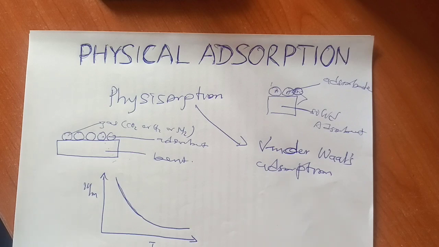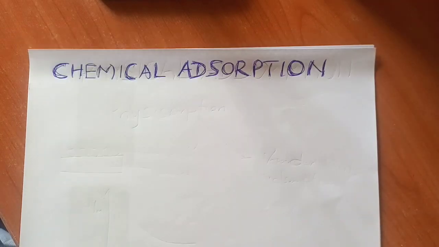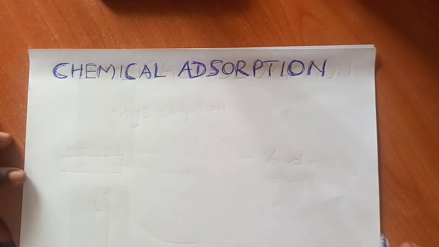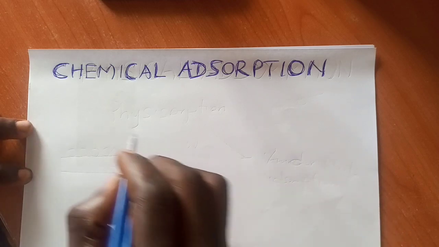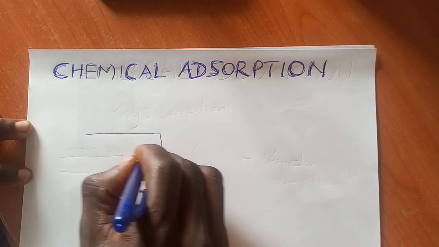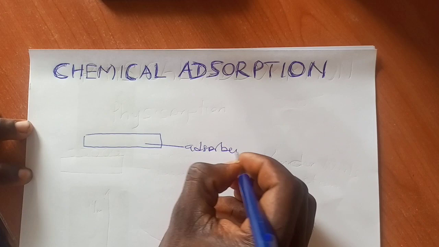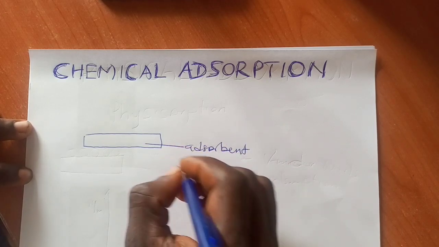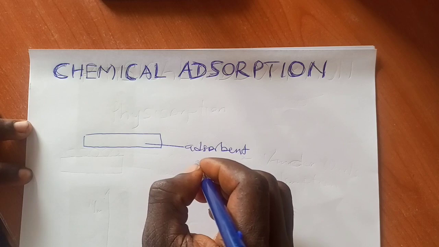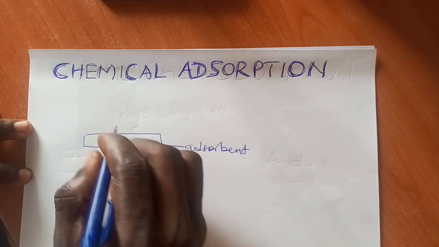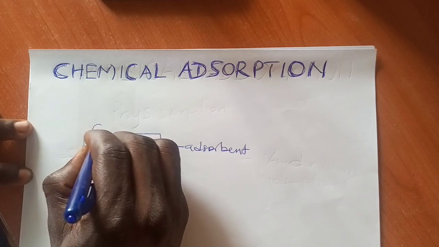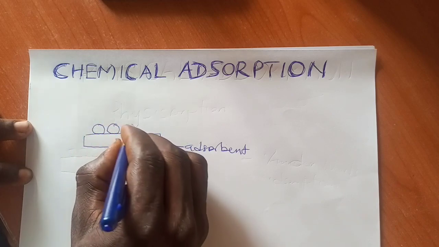Let's go to chemisorption now. Exactly the way I explained physisorption is the same way chemisorption goes. The difference is just the type of bond. Chemisorption is also called chemical adsorption. When you have a solid surface like this, it is called the adsorbent. Please always use the right word. The solid surface is the adsorbent. When a gas, let me call these gas molecules,